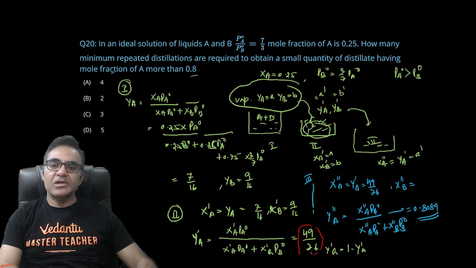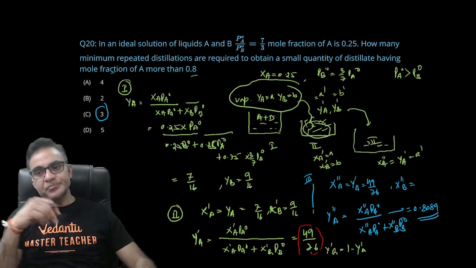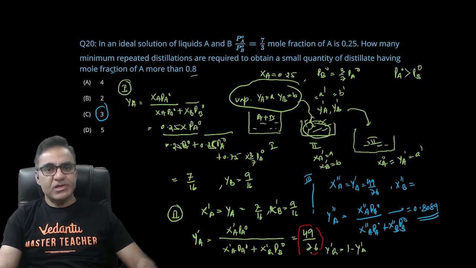इसका मतलब थर्ड स्टेप ऑफ डिस्टिलेशन में मुझे जाकर के जो ए का मोल फ्रैक्शन है वो 0.8 से ज्यादा मिल गया, राइट, यानी कि करेक्ट आंसर इज गोइंग टू बी 3। मिनिमम 3 स्टेप चाहिए ताकि आपका मोल फ्रैक्शन जो है ए कंपोनेंट का 0.8 से ज्यादा हो जाए, ऑलराइट। उसके बाद तो 0.8 से ज्यादा होगा ही, क्योंकि ए ज्यादा वोलेटाइल है, तो हर एक स्टेप ऑफ डिस्टिलेशन में ए का मोल फ्रैक्शन बढ़ेगा, ऑलराइट। गुड क्वेश्चन।